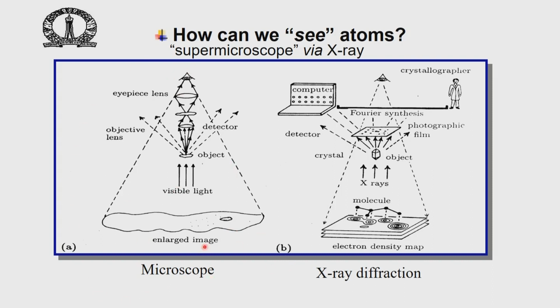We can use of course different kinds of radiation and make the corresponding microscope. We can use electrons and make an electron microscope, and we can use the electron beam to fall on the object. Scattering will occur. Now instead of the lens we can have a measuring device like a CCD or something. So in this particular example we are using X-rays. The object is the crystal.